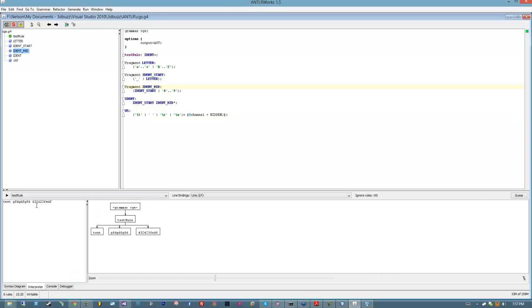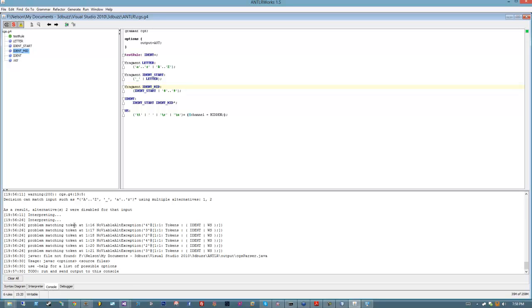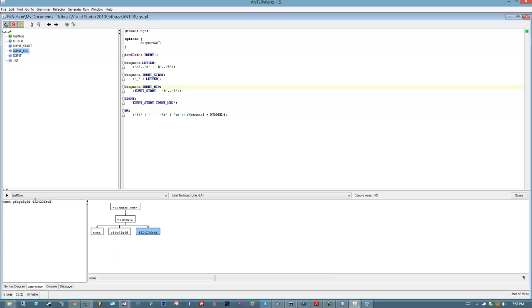Although our interpreter is interpreting this as an identifier, it shouldn't, and if you were actually using ANTLR inside of your code, what you would get is an exception. Specifically, a no viable alt exception. Now, for whatever reason, the interpreter is not showing that to me. But that's okay. We don't need it for that. The point of me showing the interpreter is that